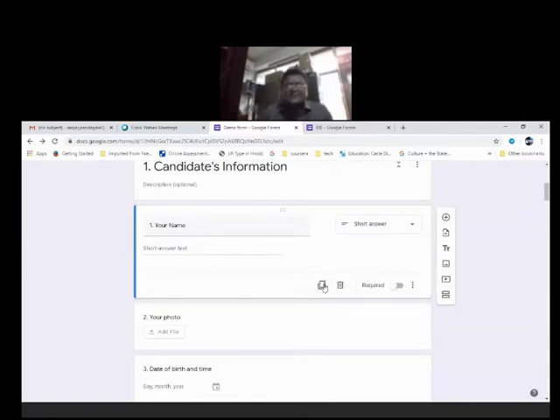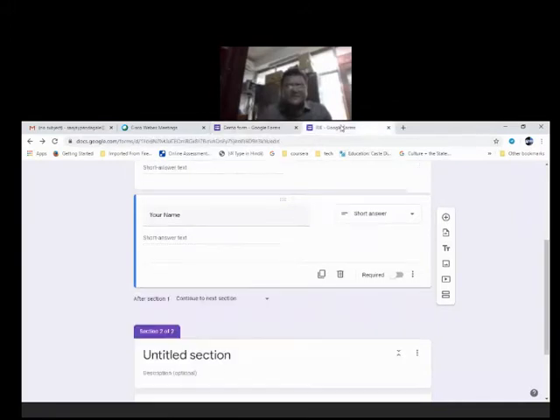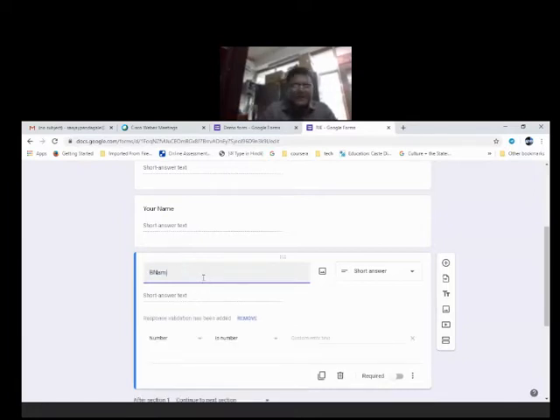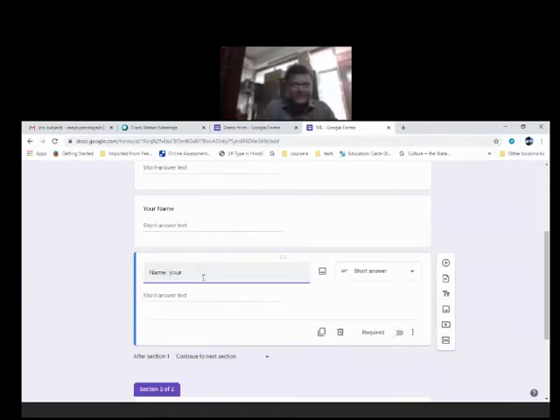The moment you press copy, I will show it here, the second question will be automatically created like the previous one. Here the first is your name, and the second one is also your name. Now you can change the text of this question to the name of your institution or institute. Okay, the question is very same, right?